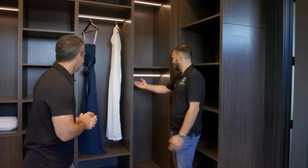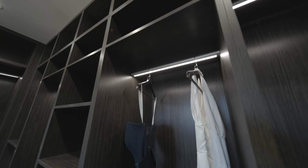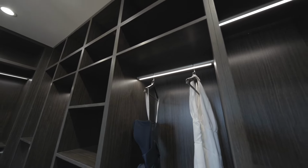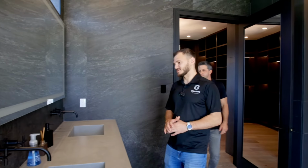And then you got these LED lights that are integrated into the rods. Yep. This is pretty cool. No, that's awesome. I haven't seen that before. It's all motion sensor. So you just walk in, it turns on. Okay. Yep. How about this? I want to show you this. You walk in, and this is...